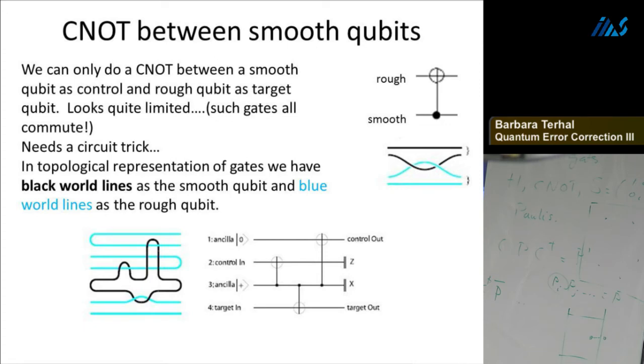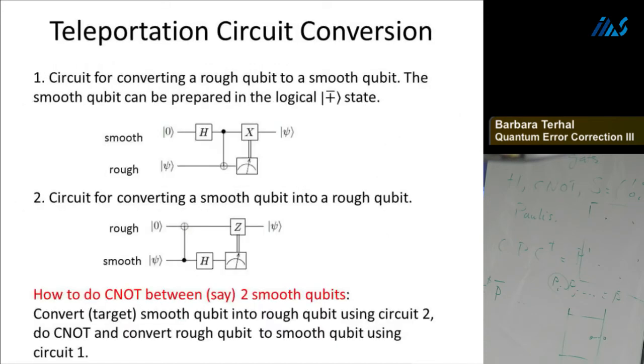But this seems very limited because what we've done is we've shown how to do a control gate from a smooth into a rough qubit, but not the other way around. So these gates actually all commute. It's just a bunch of smooth qubits, and they're all control qubits. They all act on the rough target qubits. So that's not yet doing the general control knot that we would want. They have a whole spiel about how this can be represented. And I have a slightly different way of understanding this, which I think makes it very simple: